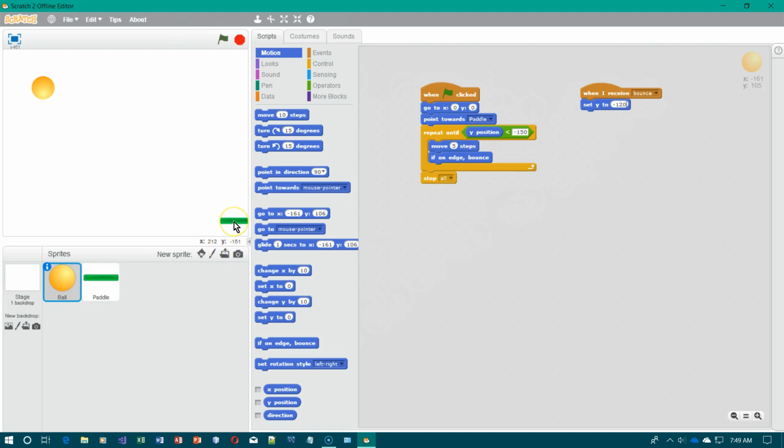So this is -150, the center, and the positions always refer to the center of the sprite. So if I put this at -120, it's going to be just a little bit above here, and that is probably the point where it just looks like the bottom of it is touching the top of my paddle. So then what we have to do is turn it around, make it bounce off. Okay, and so what we have to do is another point in direction, and this one's a little bit tricky here. To get something to bounce off, we have to subtract it from 180. Okay,